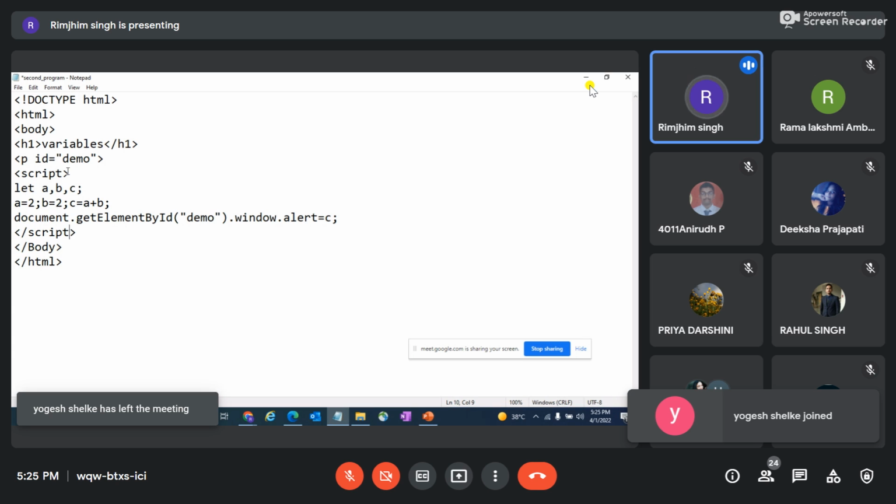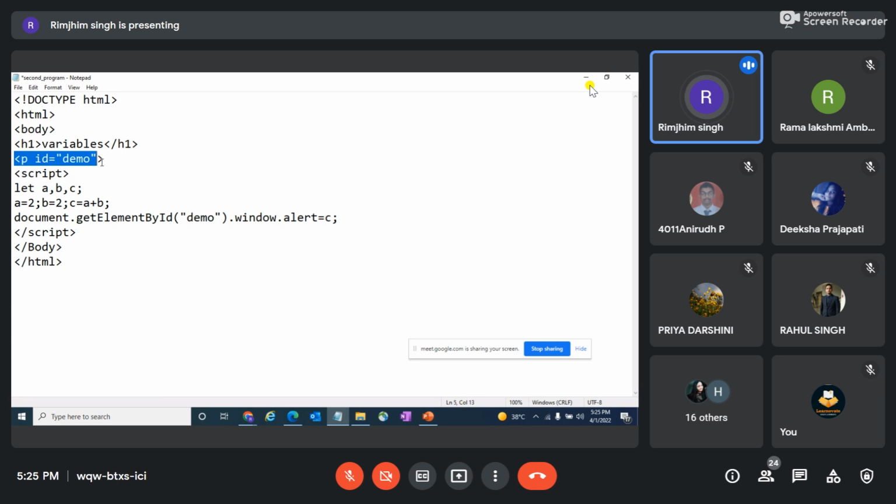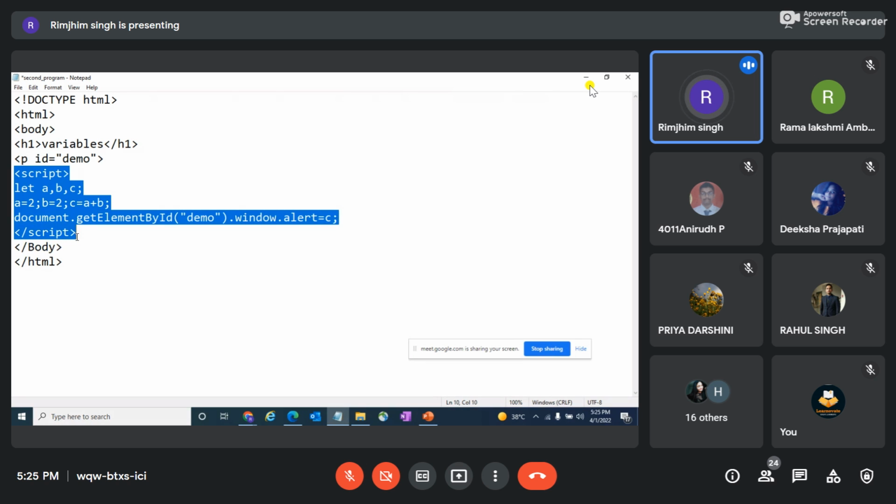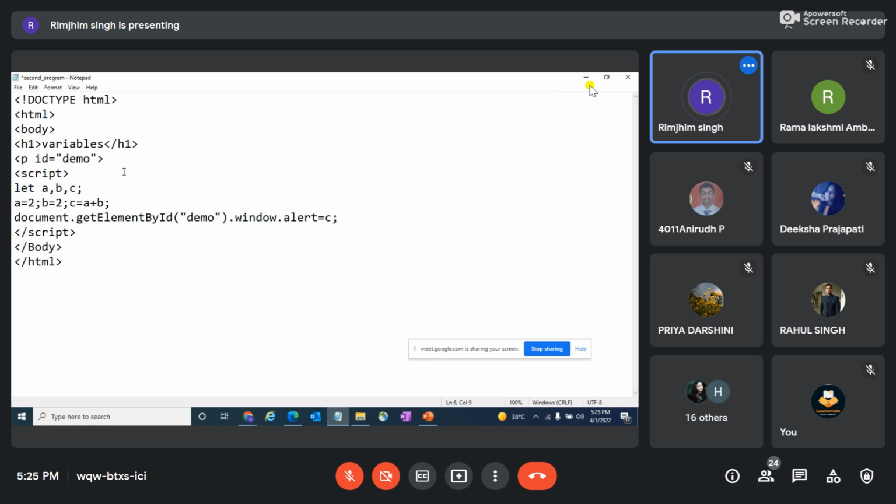Let's review the program once again. Here what I have done is I have declared a unique ID which is demo, and then within the script section of my program, I have declared three variables a, b, c, wherein I have given the value for a as 2, b as 2, and I want to print the output of these two variables, which is a plus b.